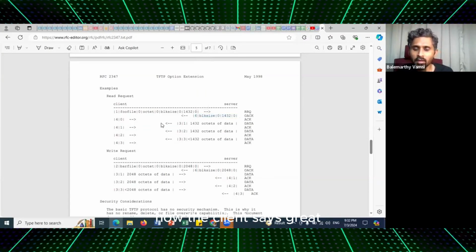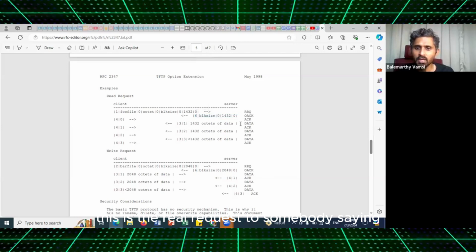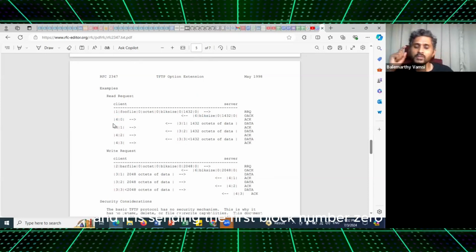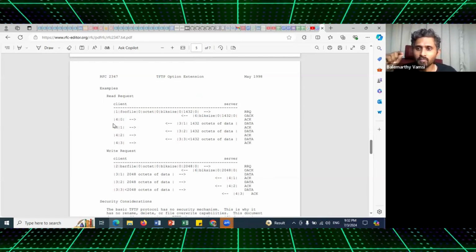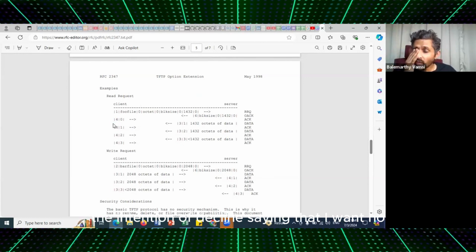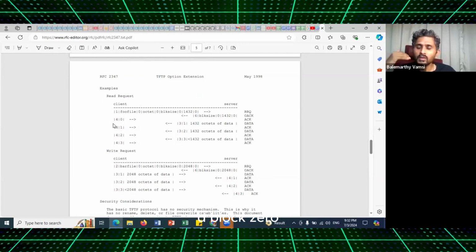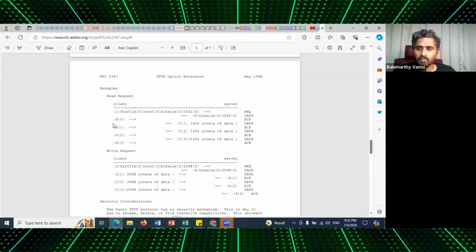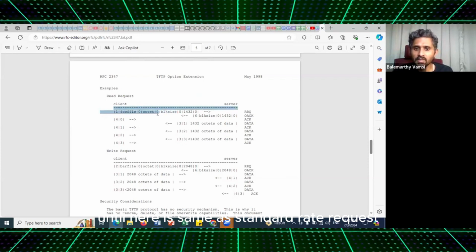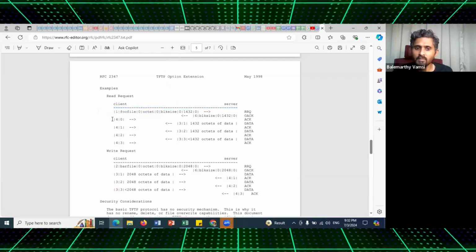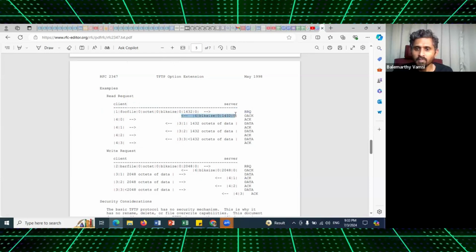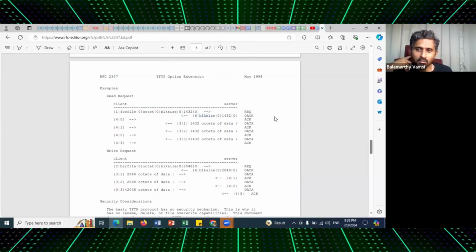Now the client says, great, this is the read request. So the server is saying, I am okay with it. Then the server responds with the acknowledgement, sending block number 0, which is the intention of the client saying that I want block 0. Until here it is the same as a standard read request, and this is also a standard read request. We sandwich this optional acknowledgement here. That's why this is called the optional acknowledgement, which comes